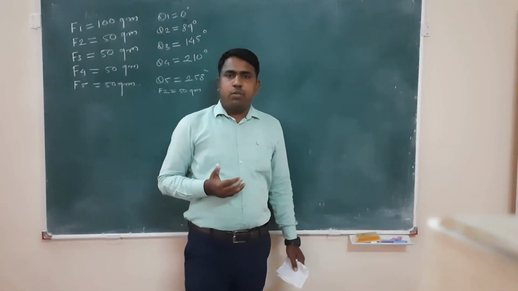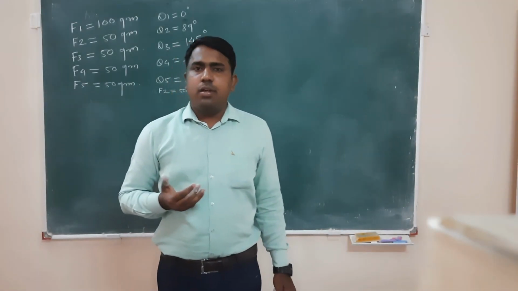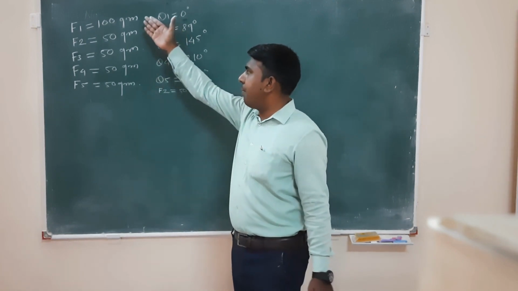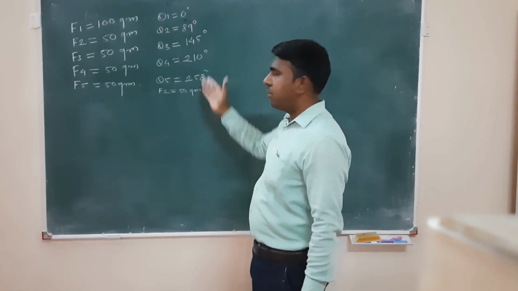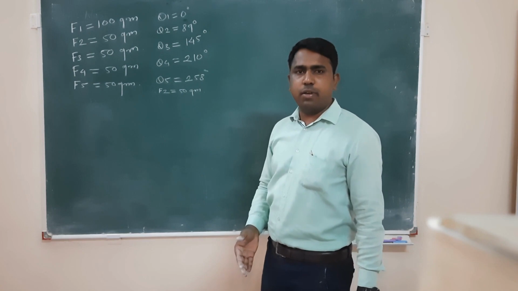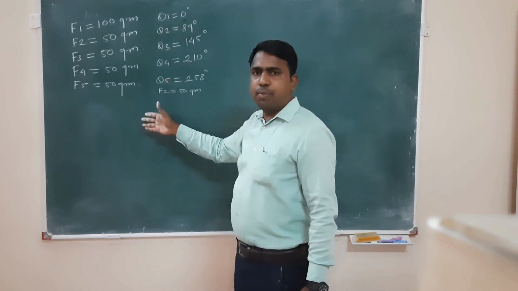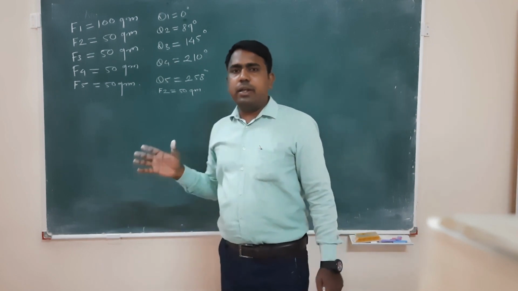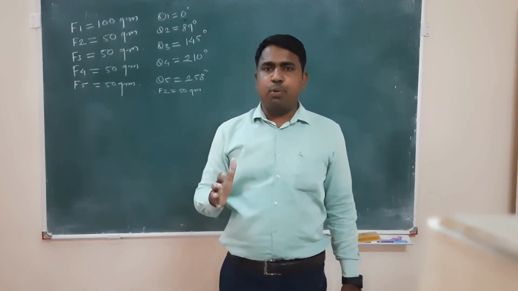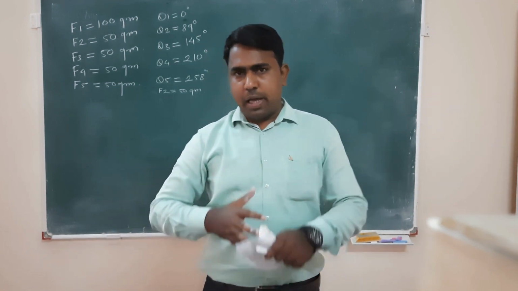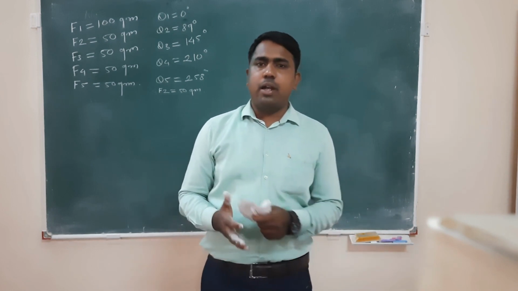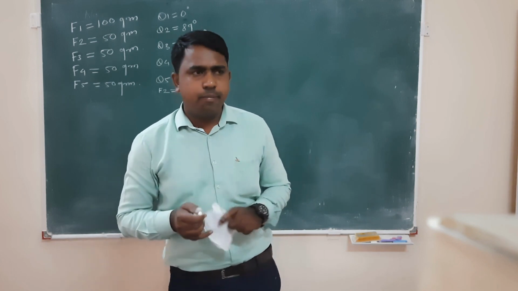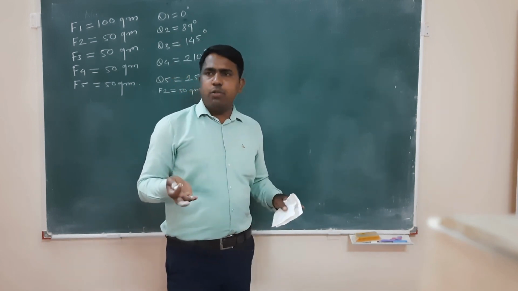Okay, next part is to find out the resultants by analytical methods. So here we have the value of F1 to F5, again the same values, here we are considering again the first reading. So this is the value for F1 to F5 and this is the value for theta 1 to theta 5. So analytically we have to resolve the forces with respect to the x axis and y axis. That is we have to find out the forces on the x axis and forces on the y axis. So there you can use the two methods.